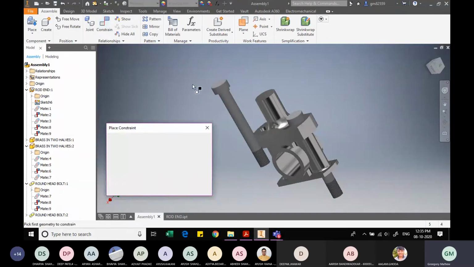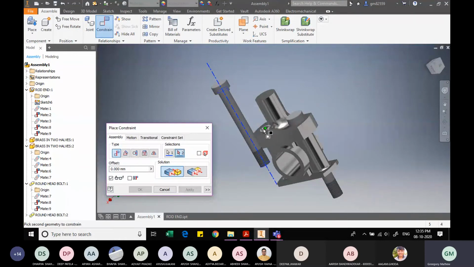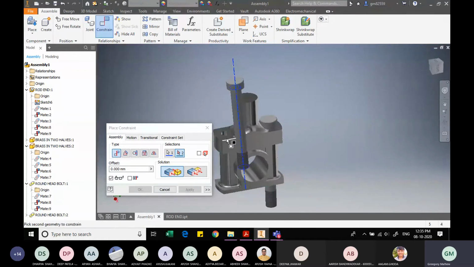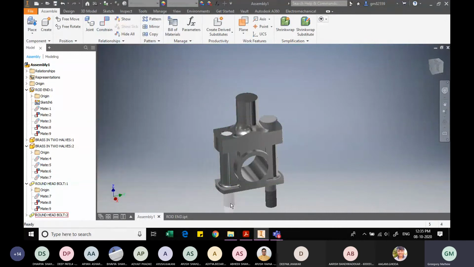So using the constraint option, let me first align this axis and the axis of the holes. Let me slightly revolve the figure so that we can get a clear view. Now we will select the whole axis. The axis of the screw is aligned. Now we need these lugs to be aligned. So for these lugs to be aligned,